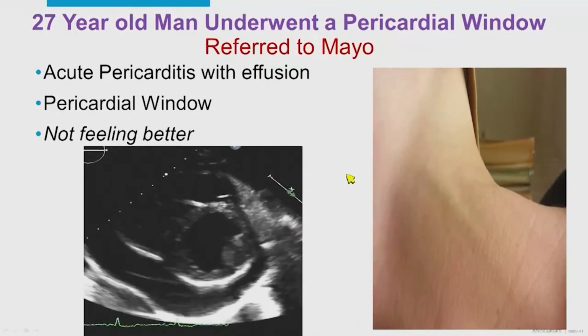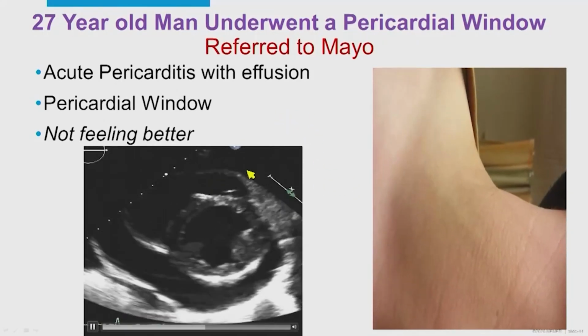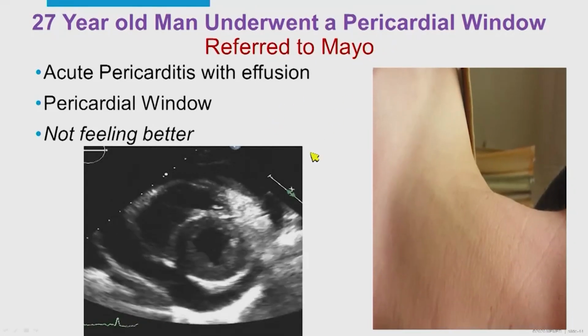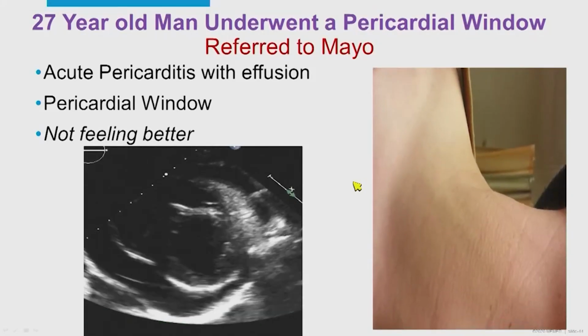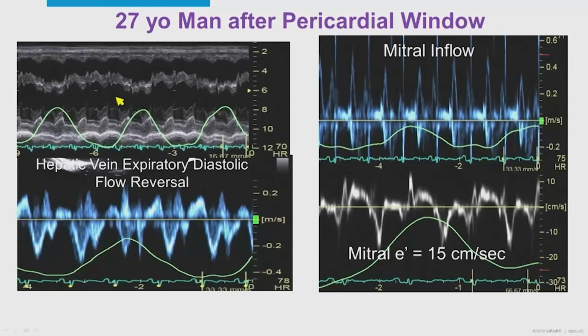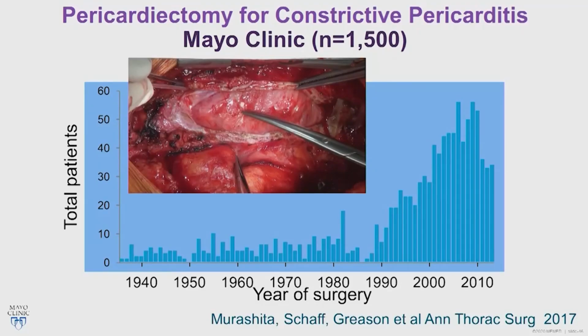This is another example of effusive constriction, presenting with tamponade and undergoing a pericardial window, but the patient is still having trouble. And here is the jugular venous pressure elevation. And this is a Doppler echocardiography showing marked septal motion abnormality. We always do the M mode, which is most reliable for looking at the septal motion abnormality, hepatic vein, mitral inflow velocity, and elevated e prime velocity. We treated this patient with steroid and colchicine, did not respond, so we had to go ahead with the pericardiectomy. And this is intraop,